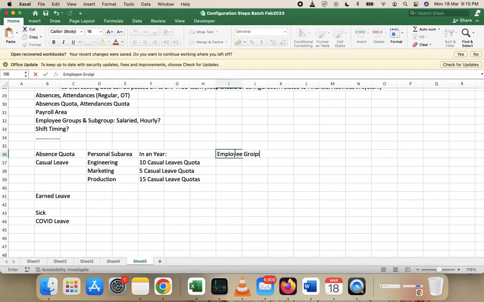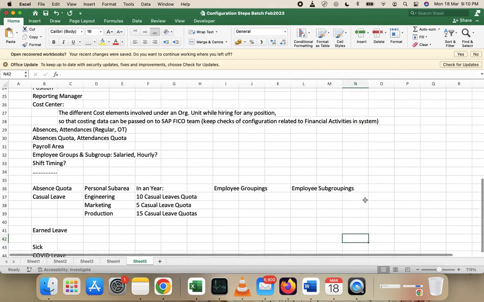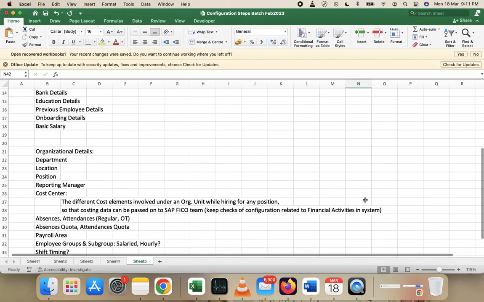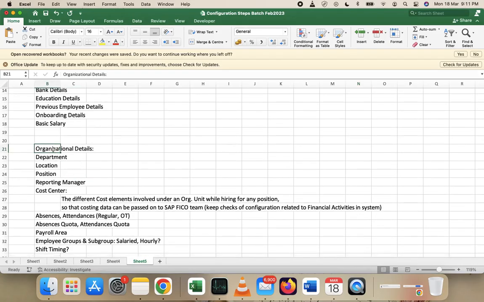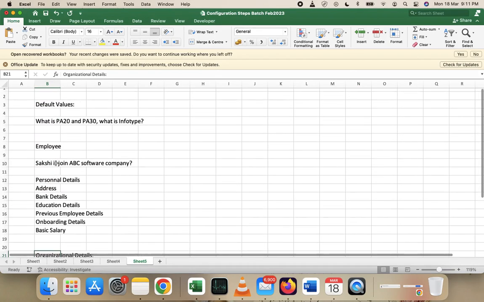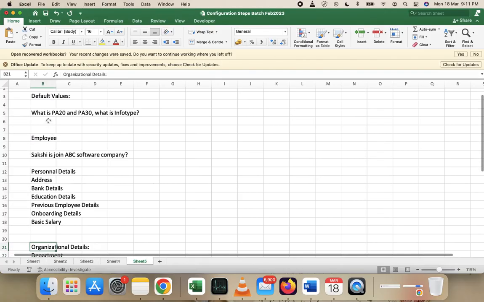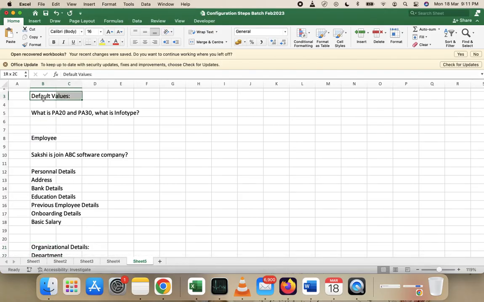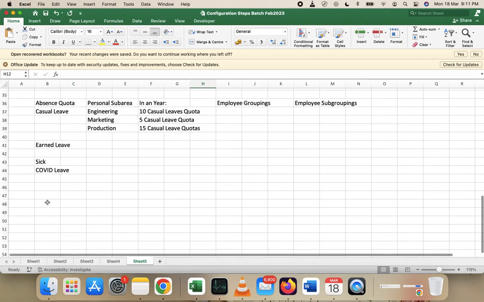Employee groupings. And then that's why we need employee subgroupings as well. Employee subgroupings. Okay. Now, whenever I talk about the organizational details, we were talking about the default values. So default values is actually related to that. So what I need to do